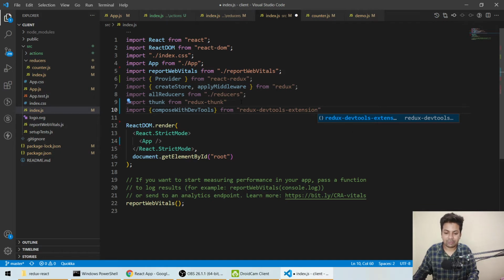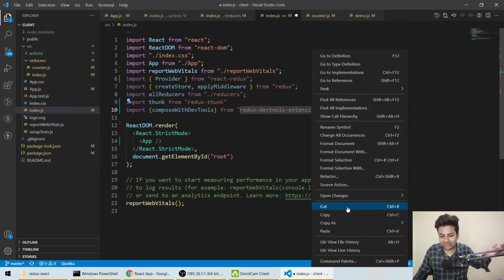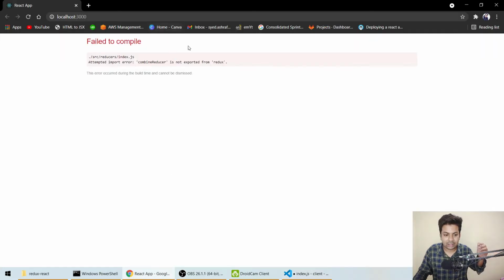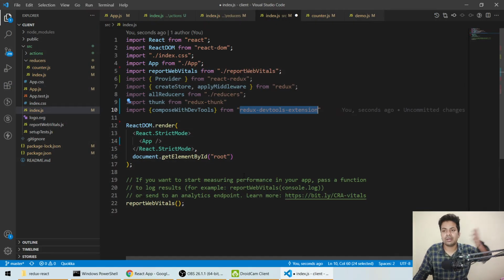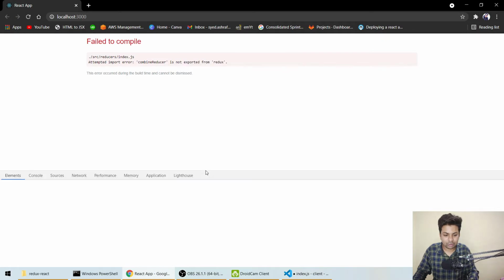Okay, so you have to install this also. I just forgot, because it's used for the plugin I showed you, for looking at how the values are changing. It's not very important, so let me just show you what the dev tools are.